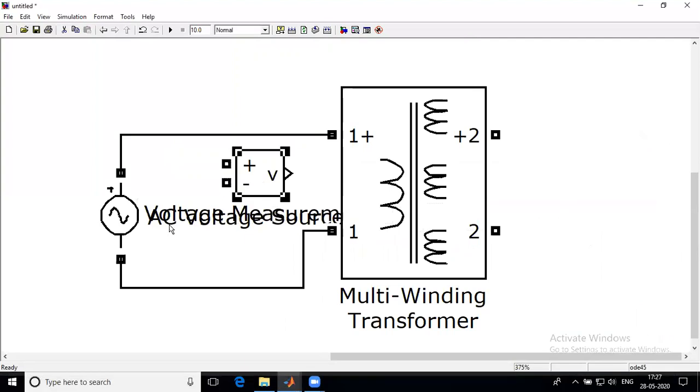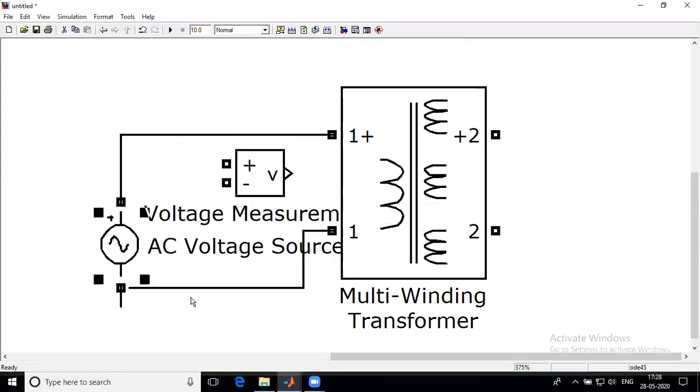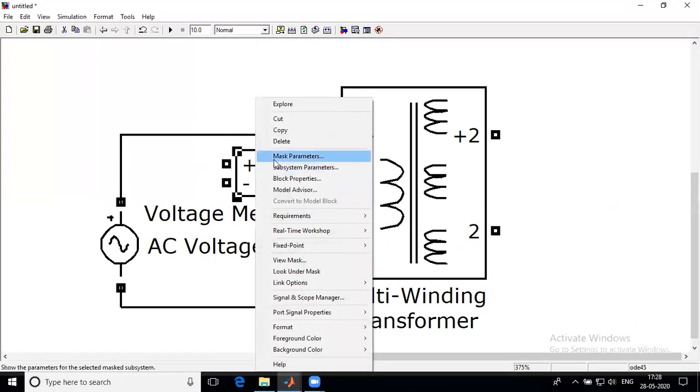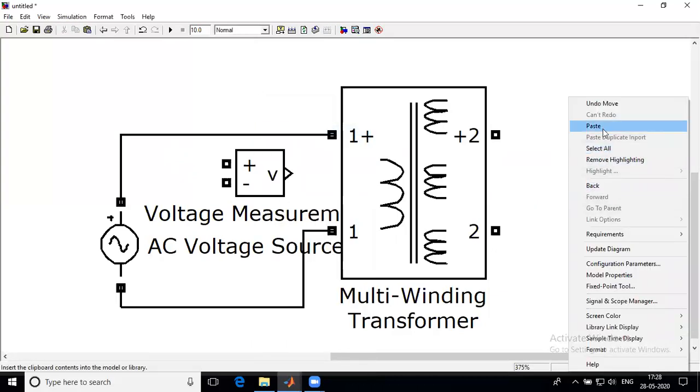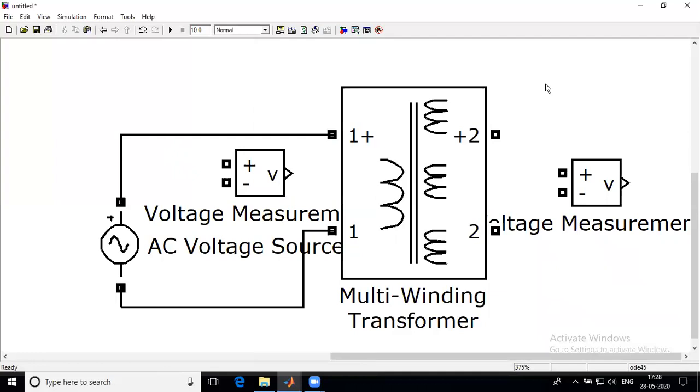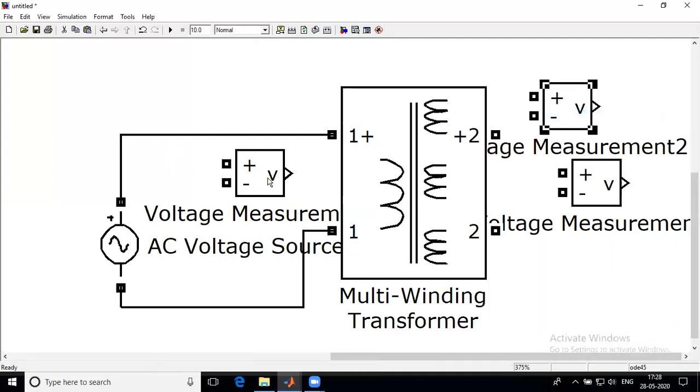And see, 3 voltmeters are required for this configuration: one for the primary winding side, one for the secondary winding side, and another for test purpose. Click this voltmeter across the primary winding side, or across the AC voltage.